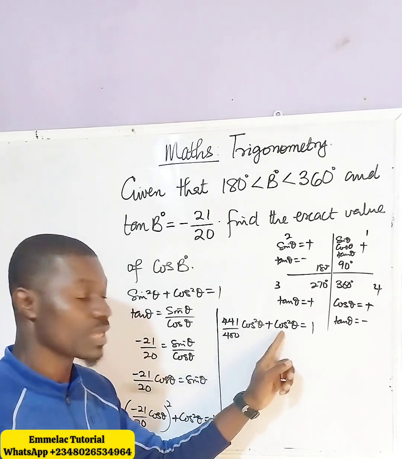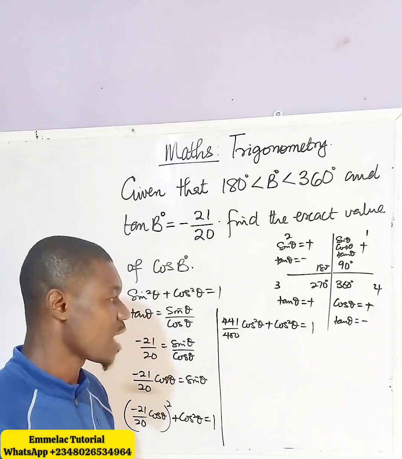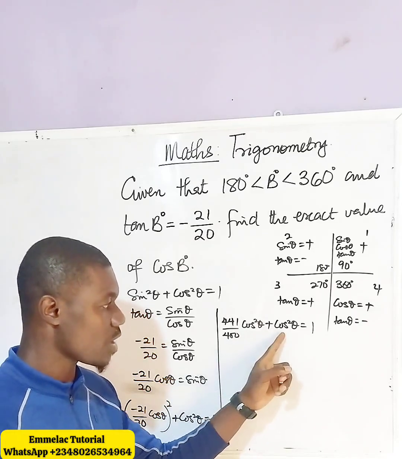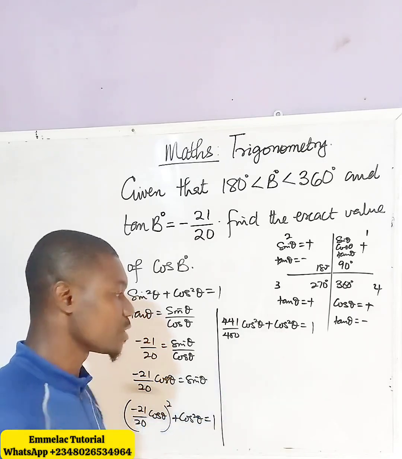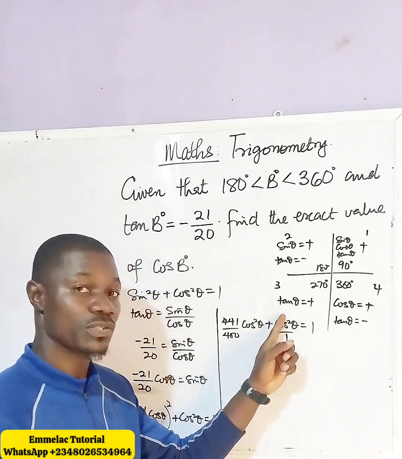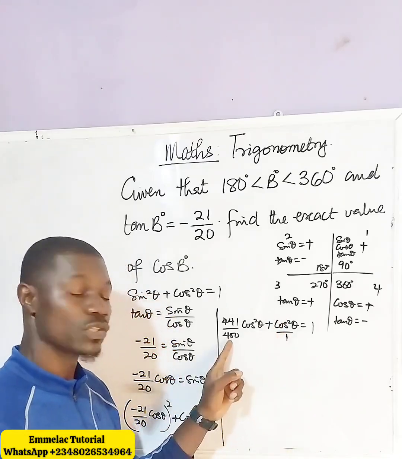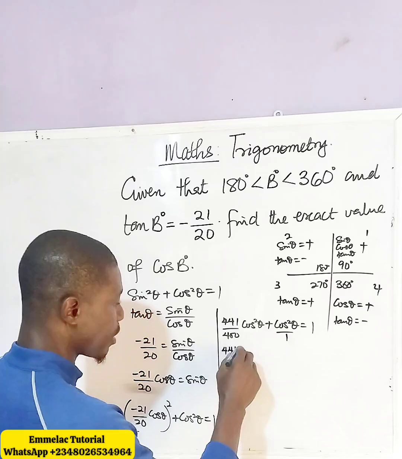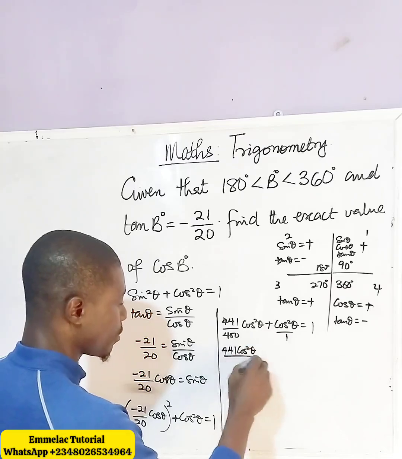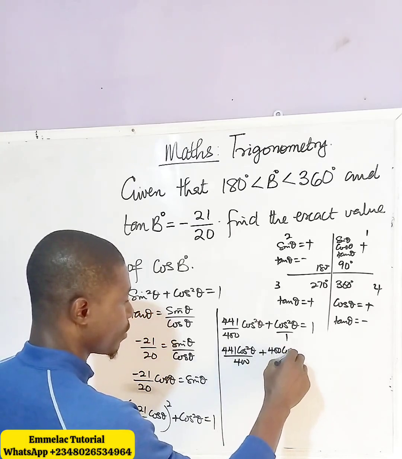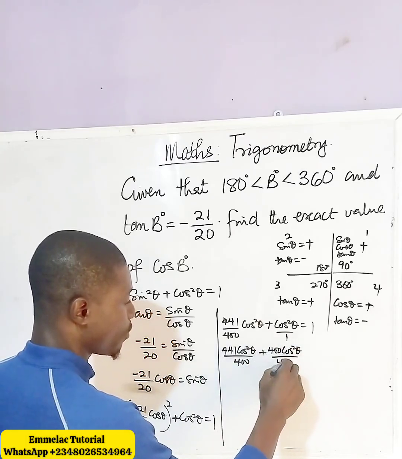Since we have the same term, we can just add. You might be wondering how. Since here we have a denominator of 1, we can multiply both the numerator and the denominator by 400, so we'll have the same denominator. So here we have 441 cos squared theta all over 400, plus 400 cos squared theta all over 400,